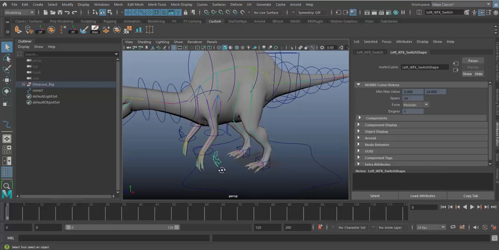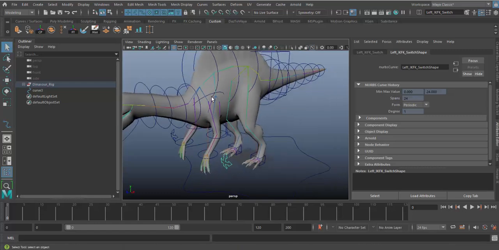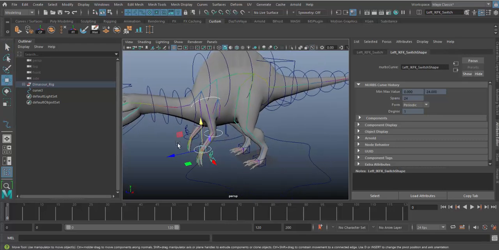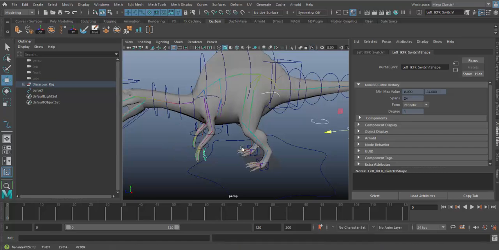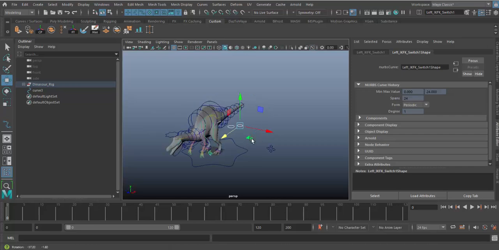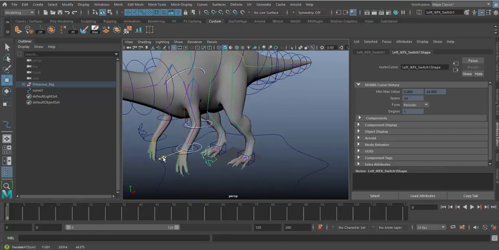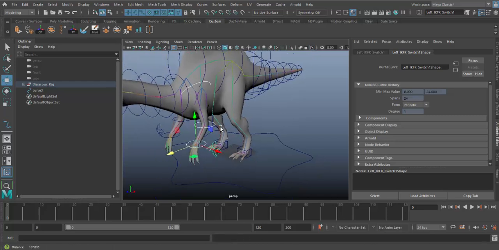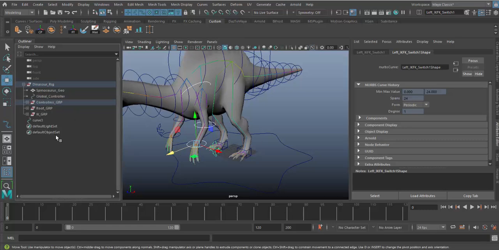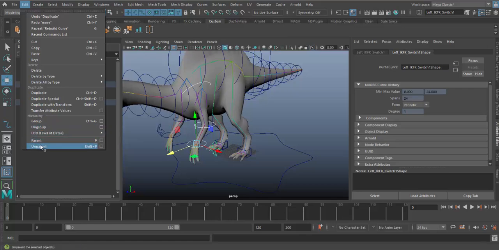If we want to, let's select all of these, Control D. All right. We are selecting them now, so I want to bring them back, make them out of the hierarchy here. So unparent them,